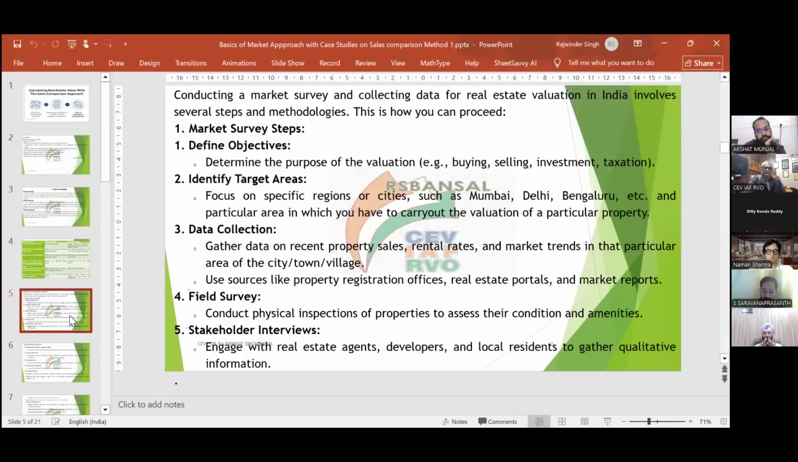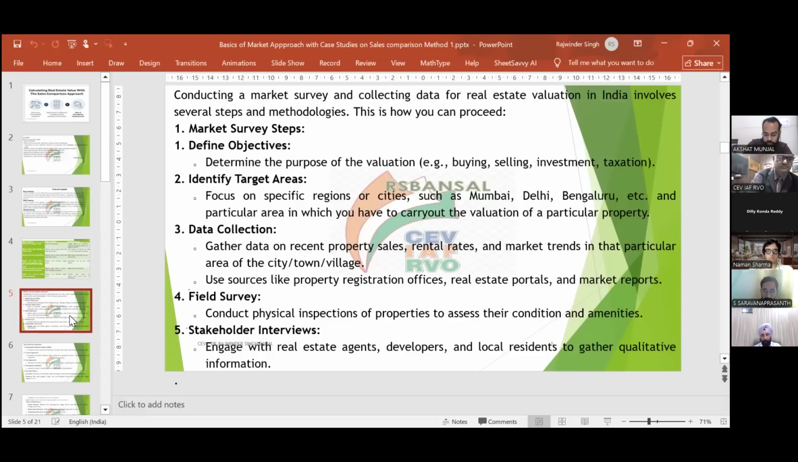So the next thing we have to do before doing valuation based upon the market approach is a market survey. Let us suppose you want to do valuation of a flat or an apartment. Then you will go to the area in which this flat or apartment is situated, and then you will make a survey